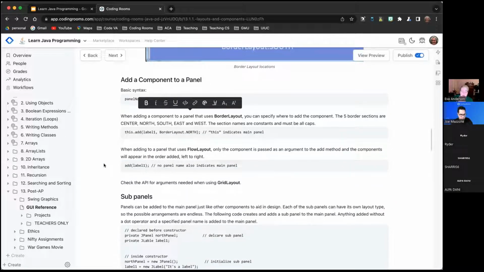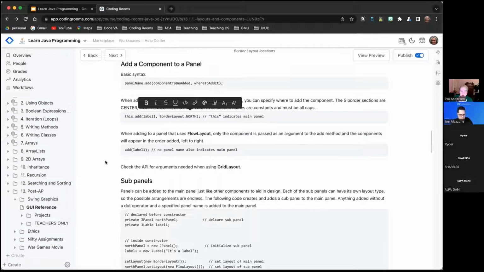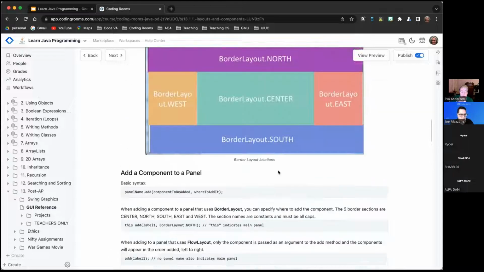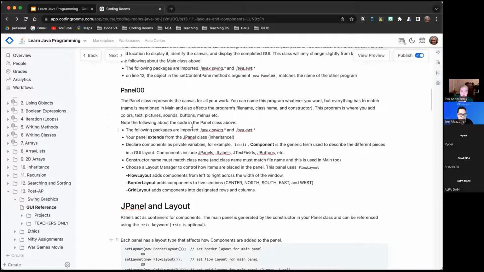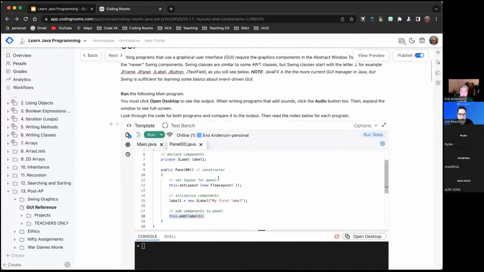So again, the first day, I just have them read through this and try some things. So this is talking about how to add things with different types of layouts. You could come up here and change the type of layout to border layout. And then you could practice when you,